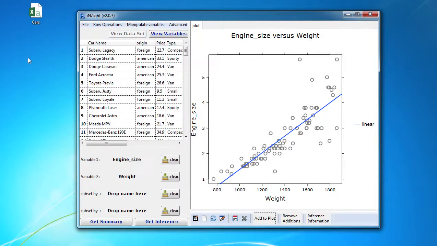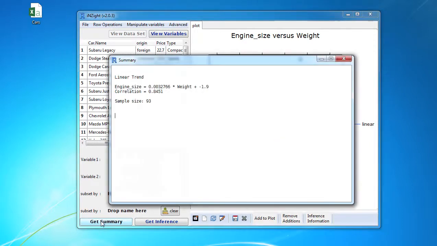Now, if we want to find the equation for our trend line, or to see what the correlation is for our scatter plot, all we do is we click Get Summary, and there you can see that we have a linear trend, which is engine size is equal to 0.0032766 times the weight plus -1.9. So that gives us the equation for our line of best fit, and it tells us that our correlation value